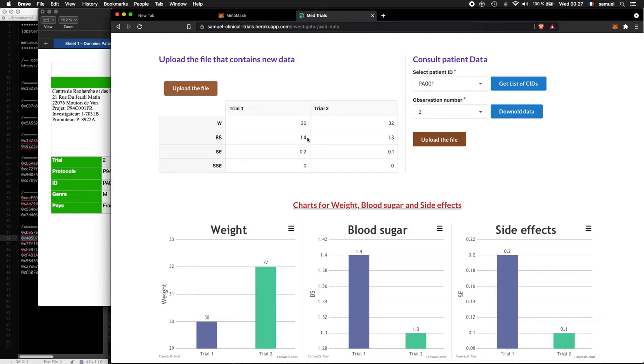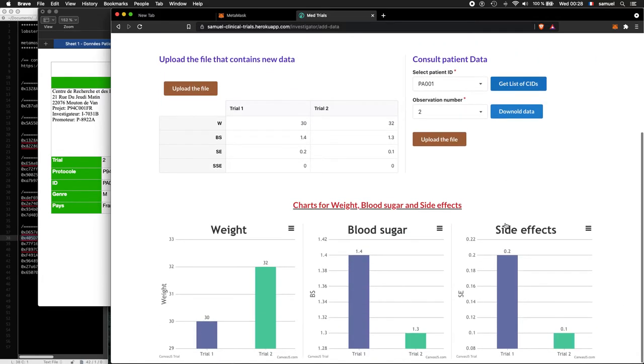There are no serious side effects because the side effect decreases from 0.2 to 0.1, and this 0.1 is small compared to 1, which is the maximum value for side effects. If we record a value close to 1 or 1, then this value can be considered a serious side effect.